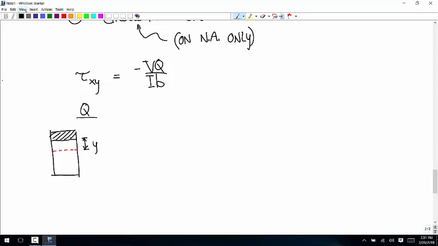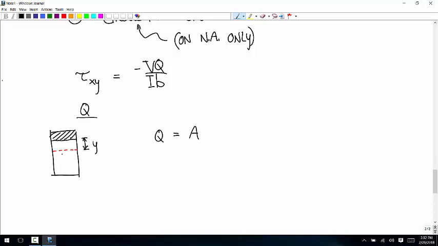And let's think of VQ, so that Q is always positive. Let's think of it on the top half, and then we'll think about how to apply that to the bottom half. So we're going to assume that this y is positive, and we're going to get a value for just the absolute value of y. Okay, so Q is equal to the area above that line